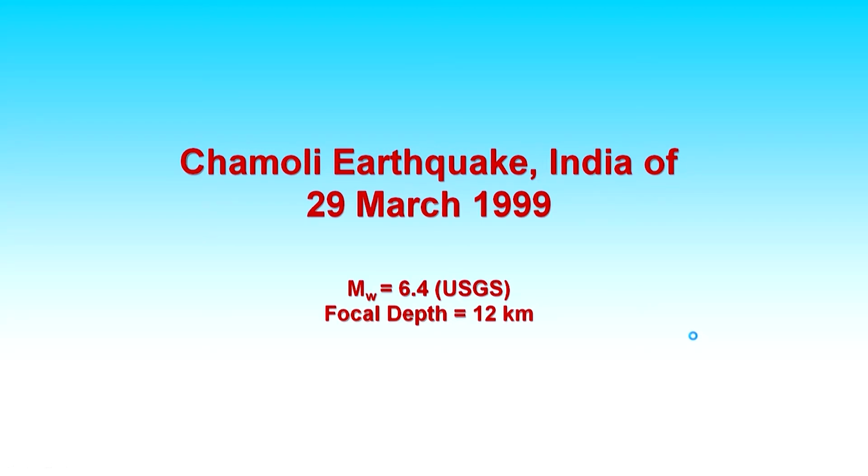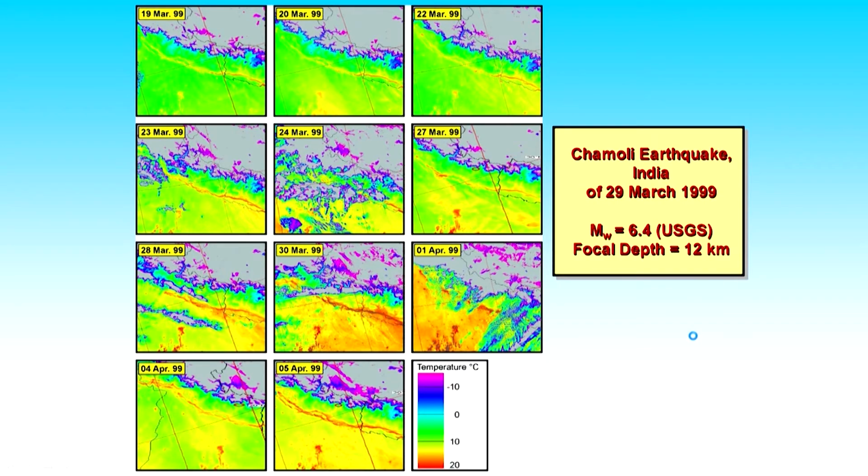Now, I will take one or two more examples where large offsets have been observed. One example is from the Chamoli earthquake. This example we have taken in the case of earthquake-induced landslides, the same earthquake. When we got this data, of course, it was not from our own satellite earth station, because our earth station, if you recall, started operating in October 2002. So, this earthquake occurred in '99.